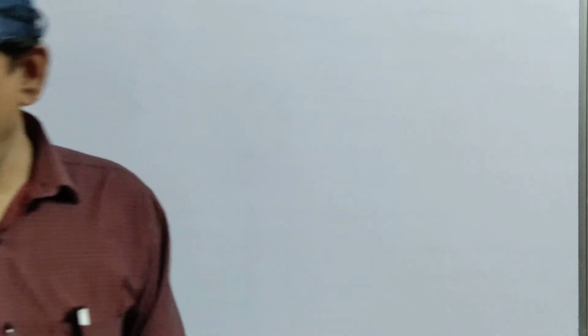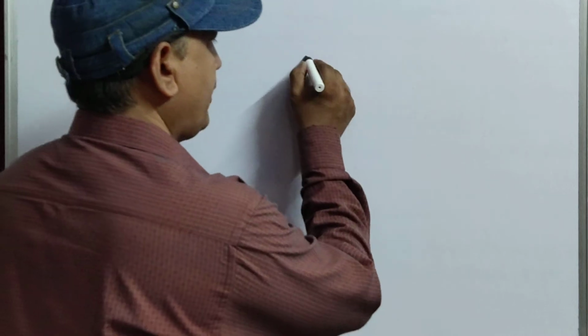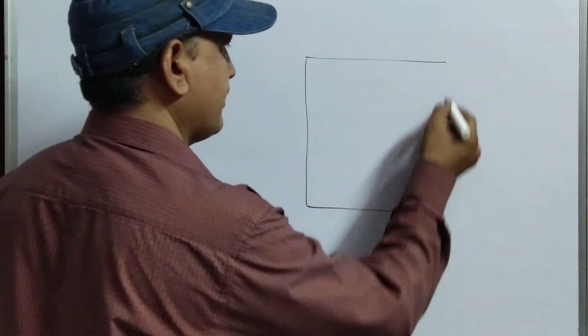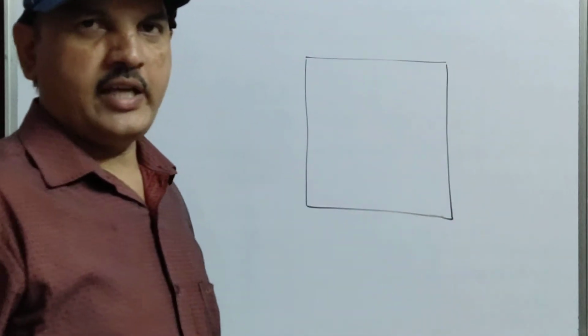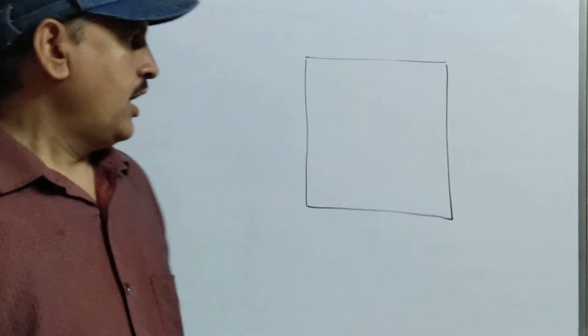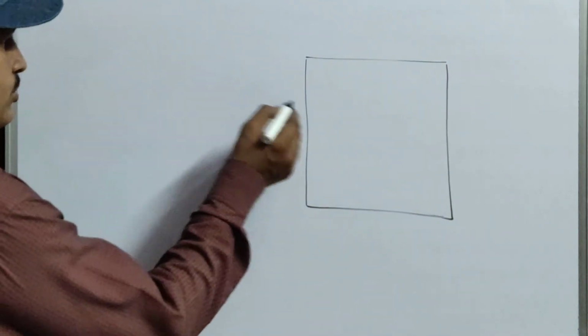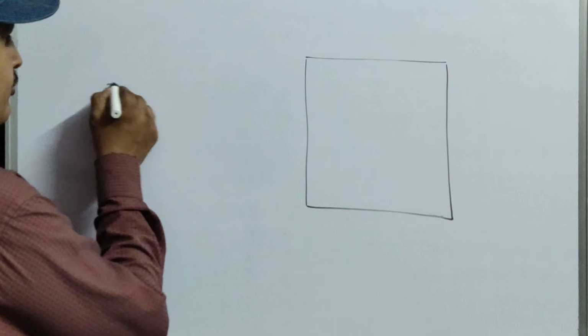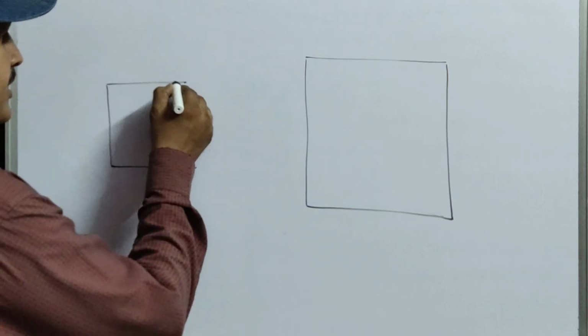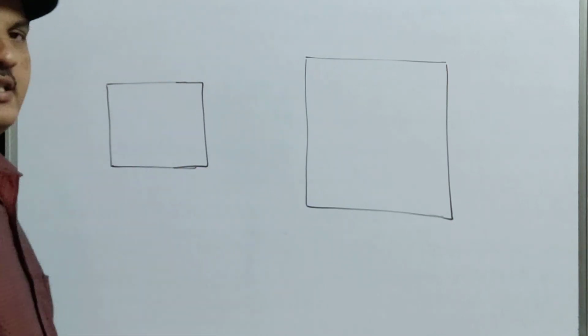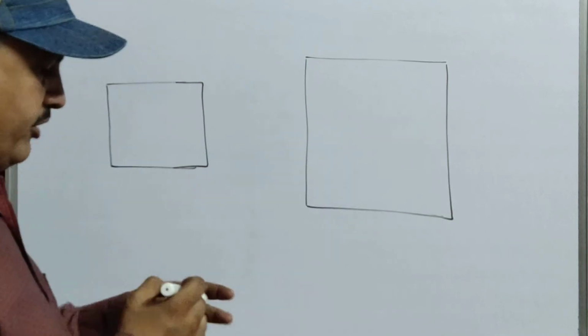Now it fits perfectly. Okay. Is it clear? Actually, what is the meaning of that? We have taken one picture, this much size. This much size picture he has taken, and he wants to put this picture in one frame. But comparing that, the frame is less than the picture. Then what will he do?